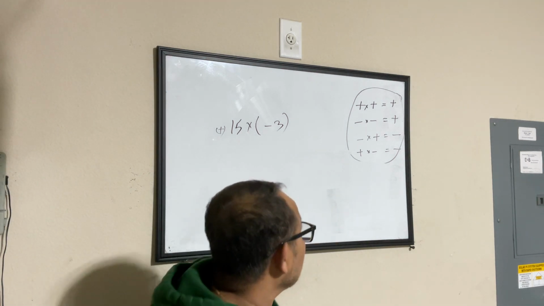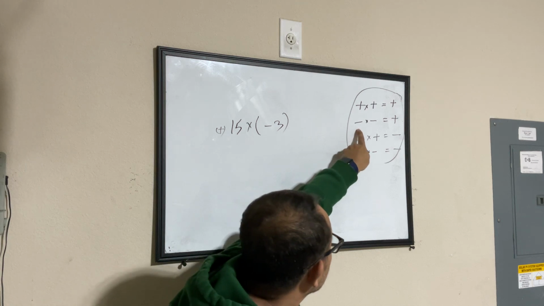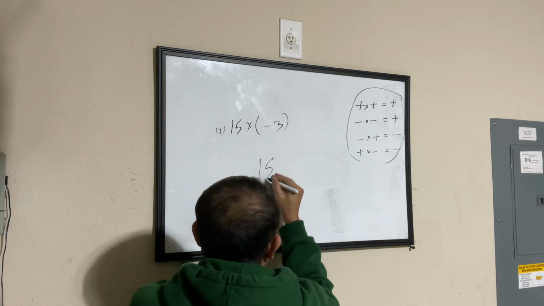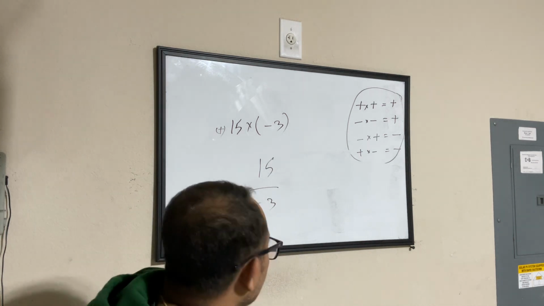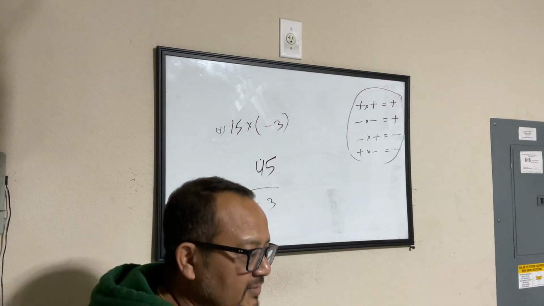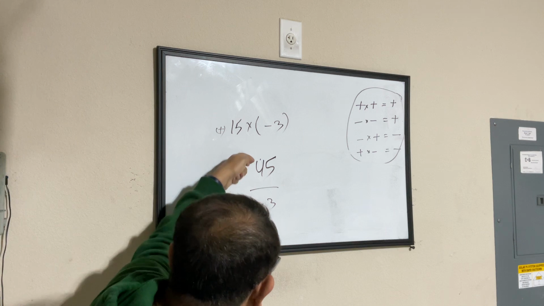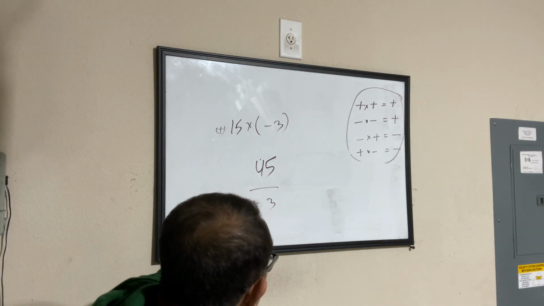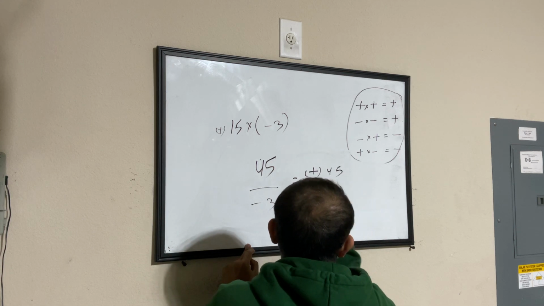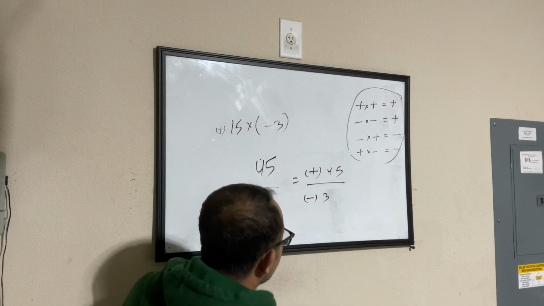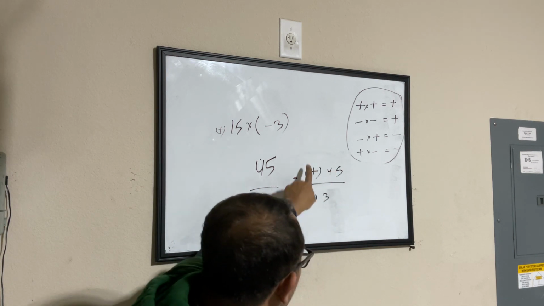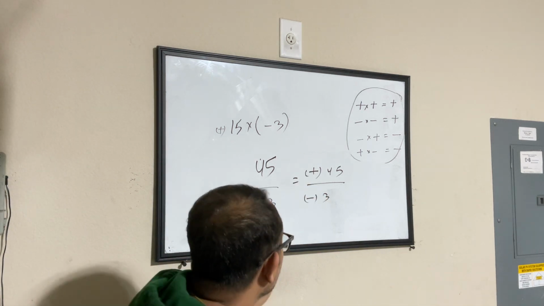Okay. Similarly, when it comes to dividing, you can always think of this as a reverse also. If let's say somebody says divide 15 by minus 3. Why 15 and 3? Okay, let's say 45 by minus 3. So you are essentially talking about dividing 45 by minus 3. Now, here you have a negative sign, here you don't. If you don't have anything, you can always say this is plus 45 by minus 3. And here, 45 you can divide by 3. But how about this guy, the signs? What you want to do is,